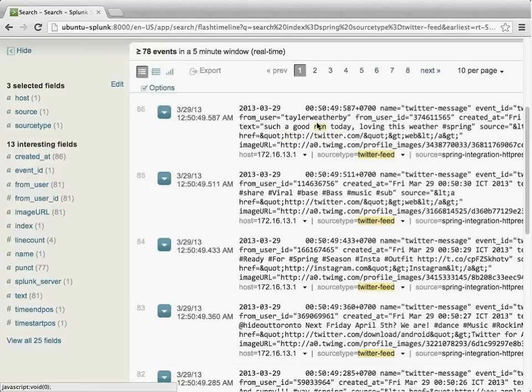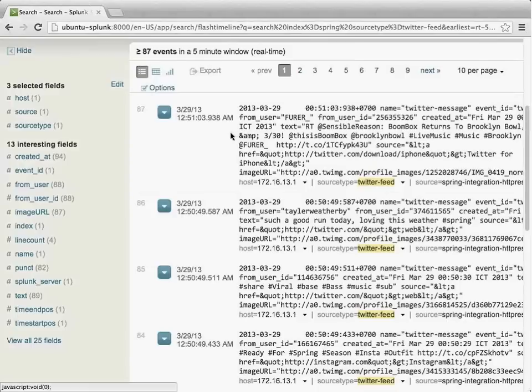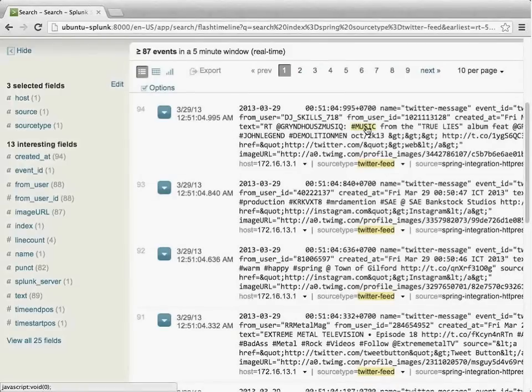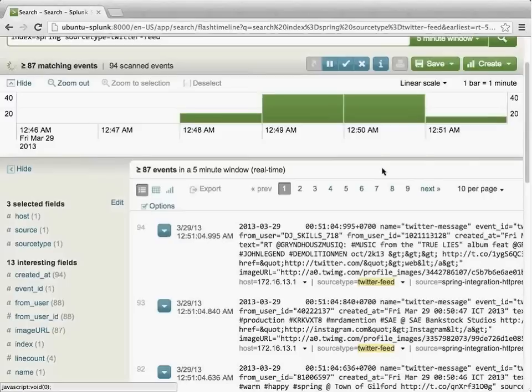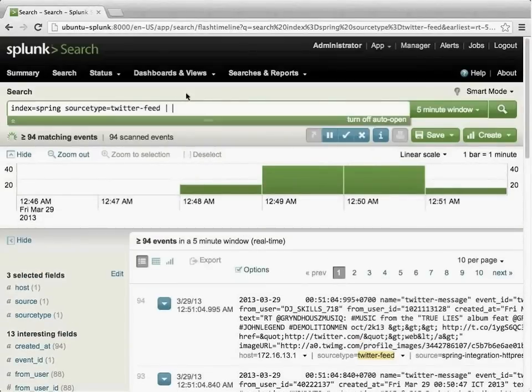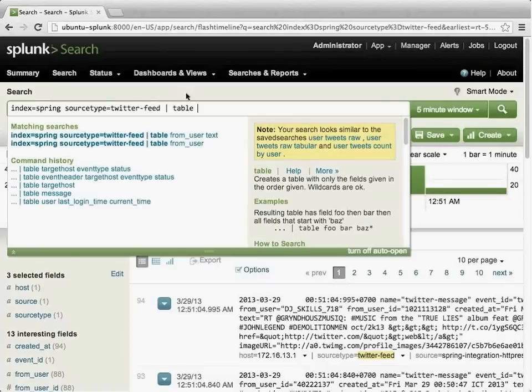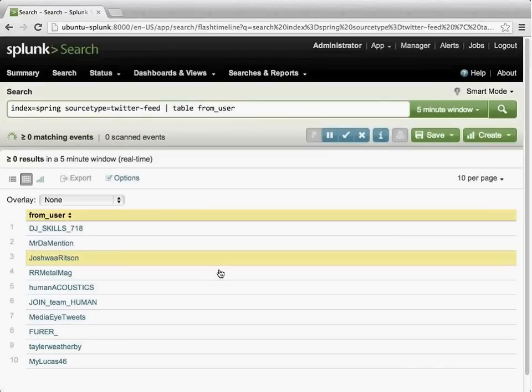The data, as I said, has come in a best practice semantic format. You can see it's got a standard timestamp that Splunk has automatically detected and used as the index time of the event. And all the fields in the messages are formatted in nice key equals value pairs. So the cool thing is I can extend this simple search and tabularize some of the data. Splunk has automatically extracted the from user from all of these events, just like that. And that was very simple.